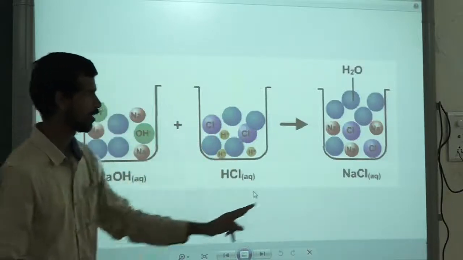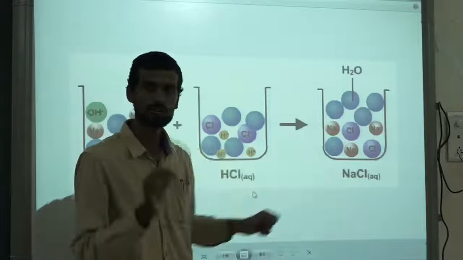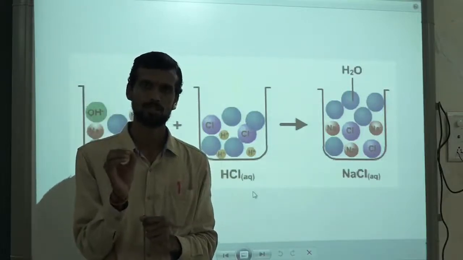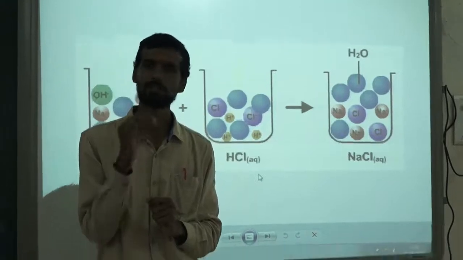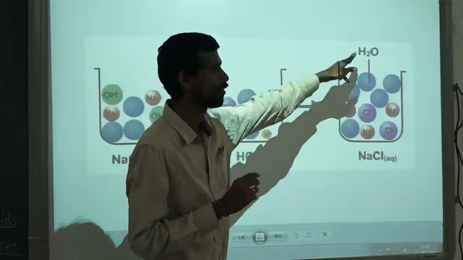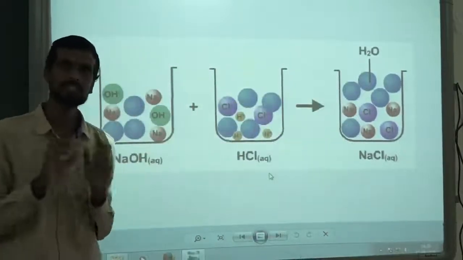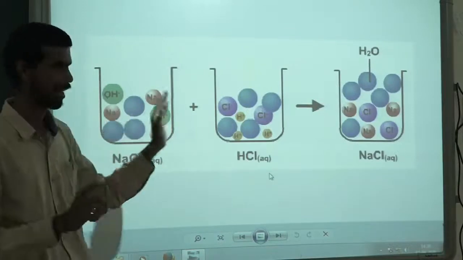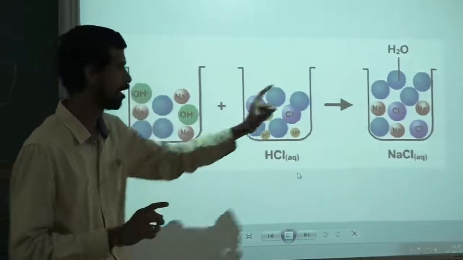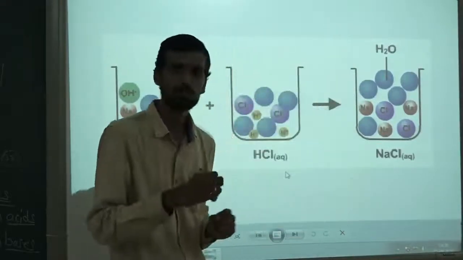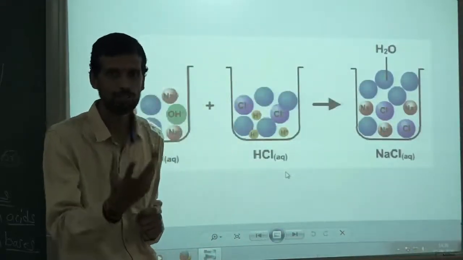We are mixing a base with acid, or you can say acid with the base. What is the product? NaCl. What is NaCl? Sodium chloride. Our common salt which we use in our day-to-day life to give taste to our food, right? So this is NaCl, common salt, and water. So this is the answer of our question. What happens when we mix base with acid or acid with base? Salt and water is produced along with release of heat.